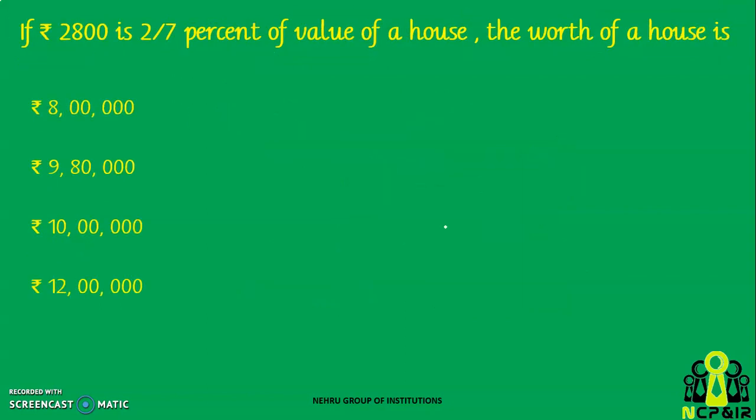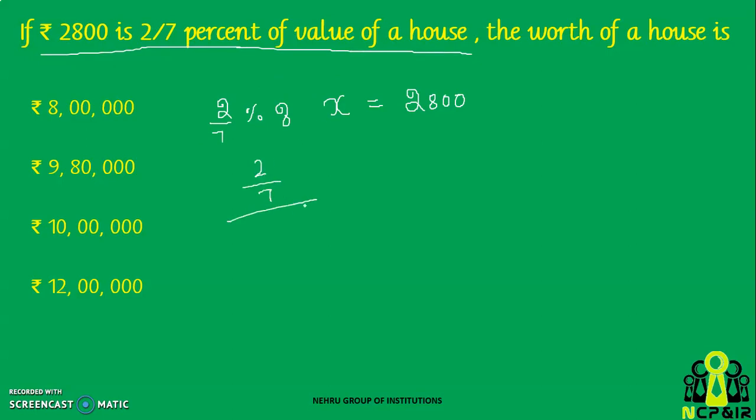Let's see one more problem of the same type. So here it is: rupees 2800 is 2 by 7% of the value of a house. Okay, so this is 2 by 7% of value of a house. Let us assume the value of the house is x. So this is the mathematical form of the statement: rupees 2800 is 2 by 7% of value of a house. 2 by 7%. So 2 by 7% will be 2 by 7 divided by 100 into x is